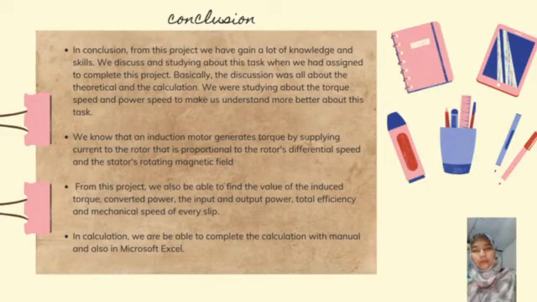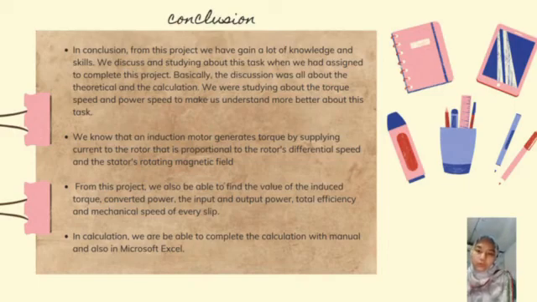Like I just said, all our discussion was done in a group, in a WhatsApp group, and also in a Google Meet session to talk and help each other. If any of the group members had a problem, for example with the manual calculation, we would help each other. We were also studying the torque speed and power speed. We had studied that in the lecture session, but while doing this project, we gained a lot more than that. We also figured out how to use Microsoft Excel.